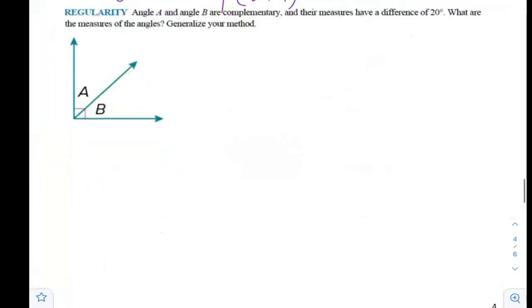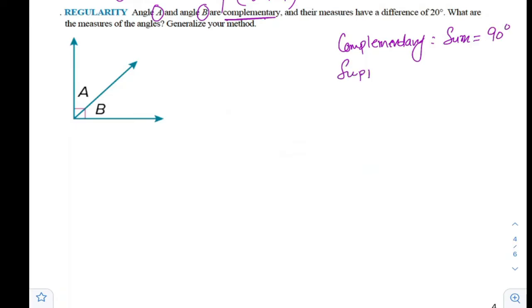Geometry application. We have here angle A and B are complementary. Complementary angles means their sum is equal to 90 degrees. Whereas supplementary,